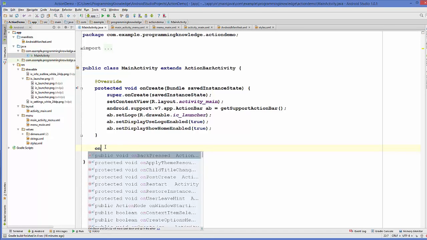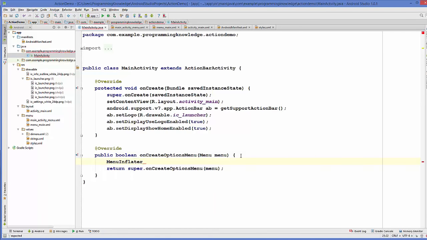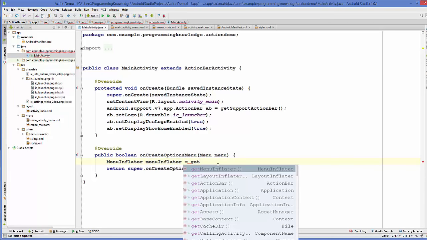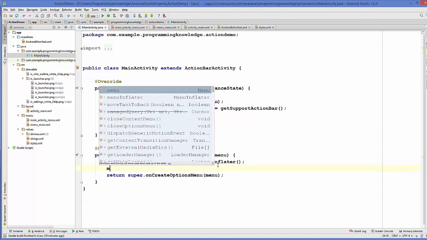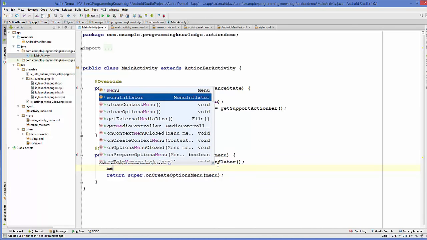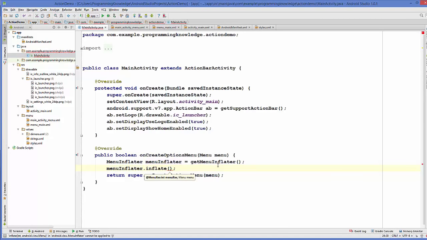So just write onCreateOptionsMenu, and inside this onCreateOptionsMenu we just need to create an object of MenuInflater. So just write MenuInflater and the name of your object, for example menuInflater, is equal to getMenuInflater. Okay, and after this you just take this menuInflater object and call an inflate method on it. So inflate, and what we want to inflate on it,